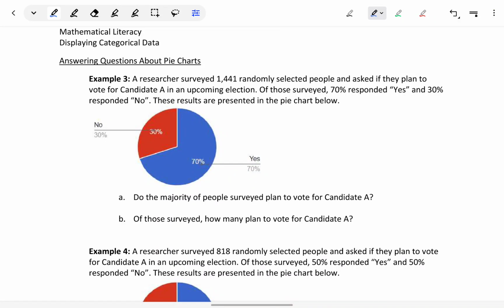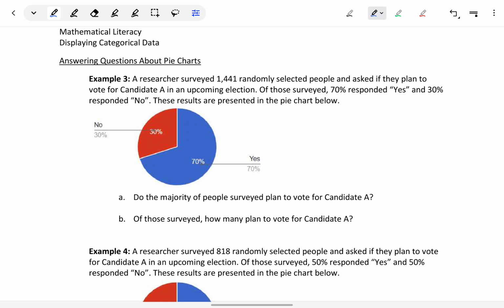In the next few examples, we're going to look at answering some questions by reading information from a pie chart and paying particular attention to some of the additional information that's provided in these examples that wasn't provided in the first two. So in example 3, we have a researcher who surveyed 1,441 randomly selected people and asked if they